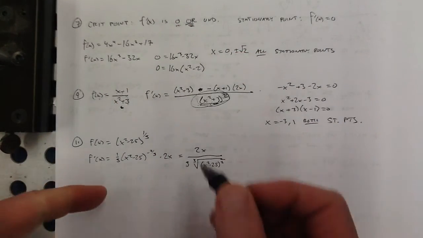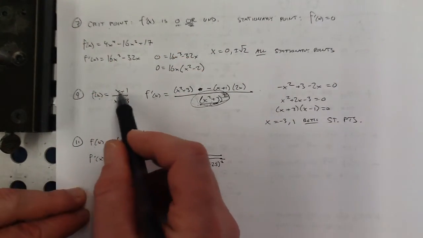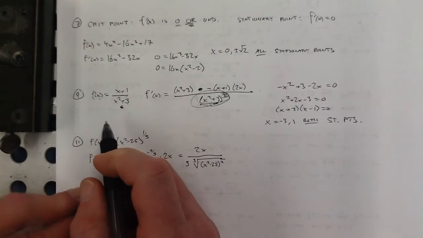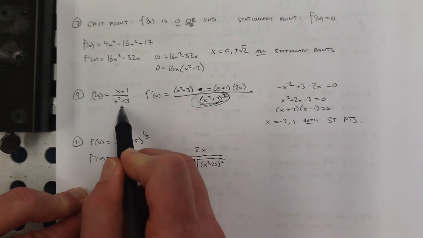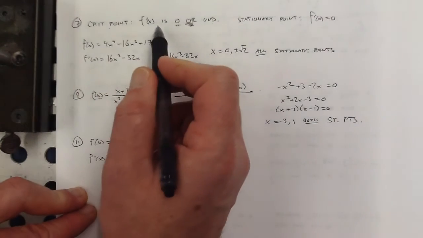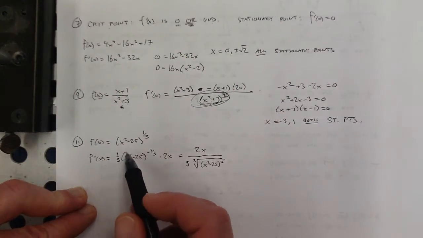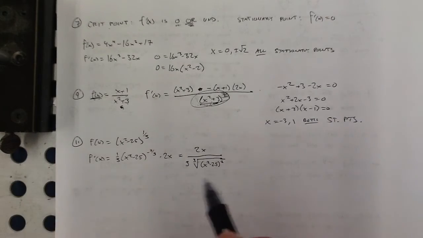No. Why not? Because it's not even a point. It can't be a critical point if there isn't even a point there to begin with. Right? You could say it's a critical value, I guess. It's a place where the function has a domain issue, right? But it's not going to be a critical point because the derivative doesn't even exist there at all, right? There's no point to talk about. Now this,